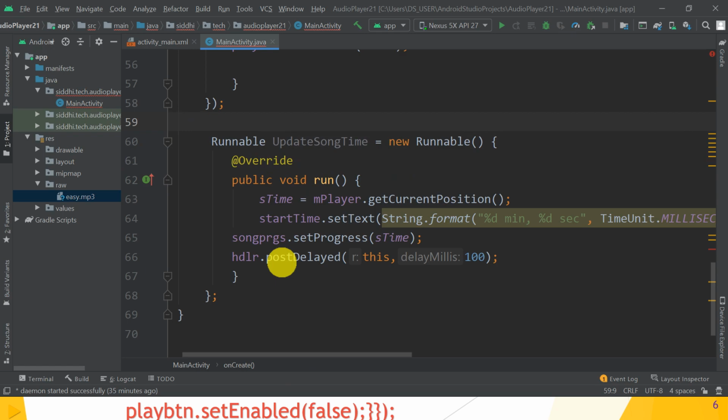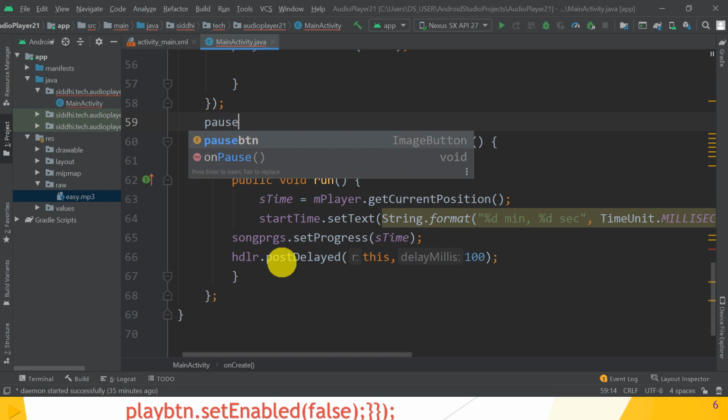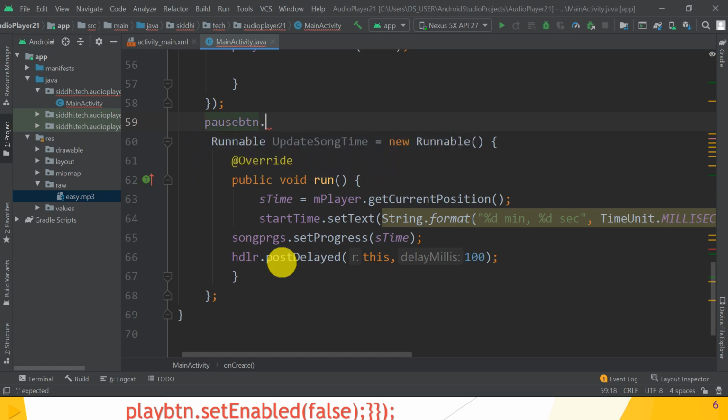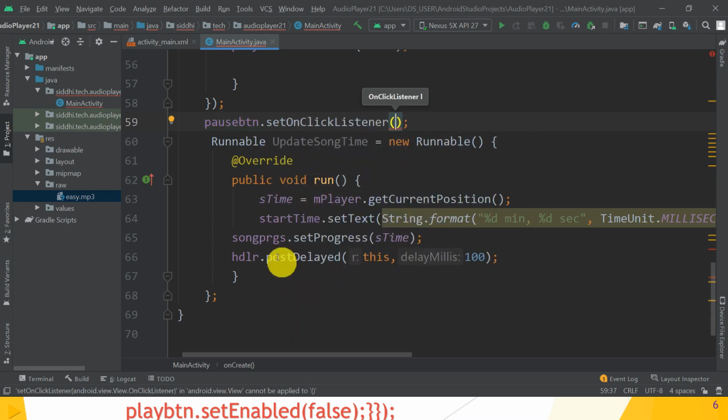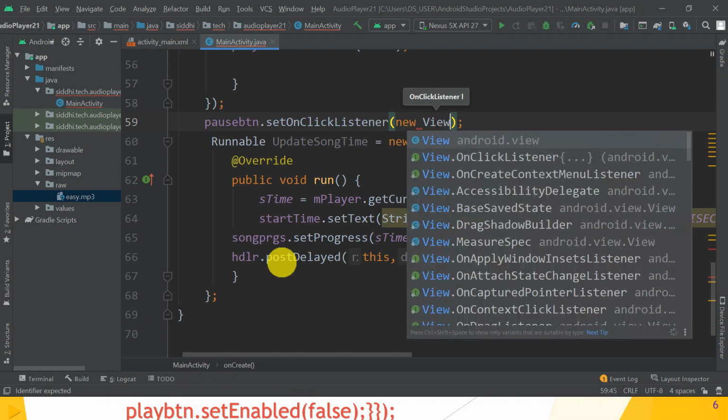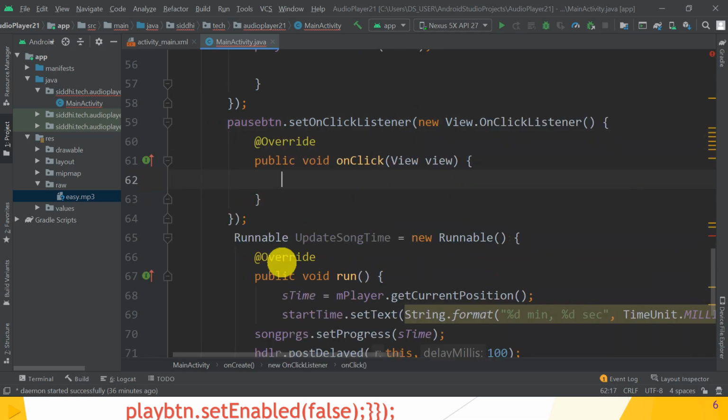The pause button dot set on click listener is equal to new View dot OnClickListener. Great.